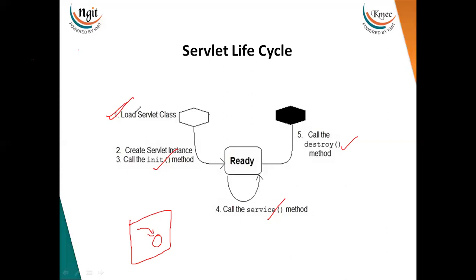Then we will create the object of the servlet class. After loading the servlet class, what will we do? Here, the web container is responsible for creating the request object and response object, right? So that servlet instance is created only once in the life cycle. Whenever the servlet is loaded, that time the web container is going to create the request object and response object for the servlet. So this is going to be done only once in the lifetime. Then after this,